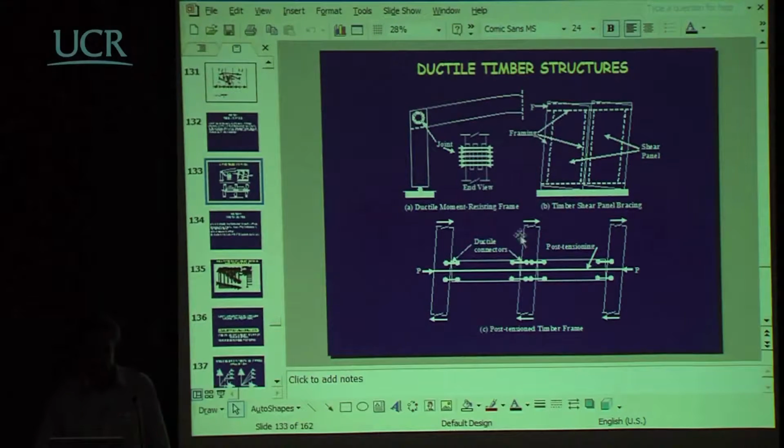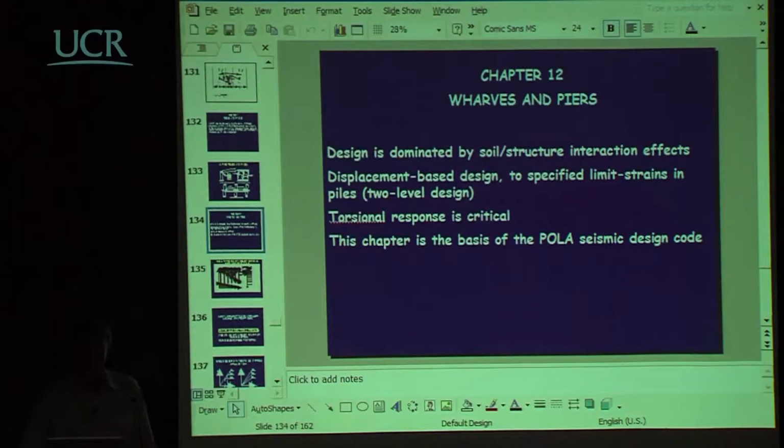And this has provided extremely attractive behavior and has proved to be an economical structural form for frames up to about 6 stories in New Zealand. Obviously, it depends on the price of timber, but it would be something that I would imagine might be feasible in Costa Rica. Another chapter, as I've mentioned, deals with wharves and piers, where design is dominated by soil structure interaction effects,